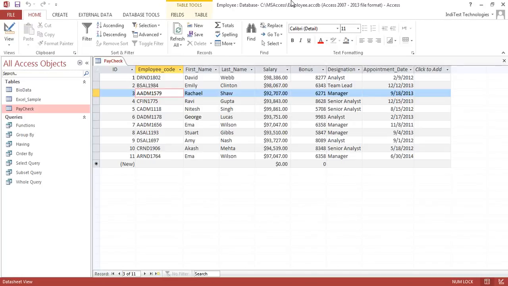Now, in all of our previous video sessions on MS Access, we have been dealing with data sets by straight away going into the table view in MS Access and modifying or editing the values in the table. Now, if you have dealt with data for even just one day, you would probably know that it is not